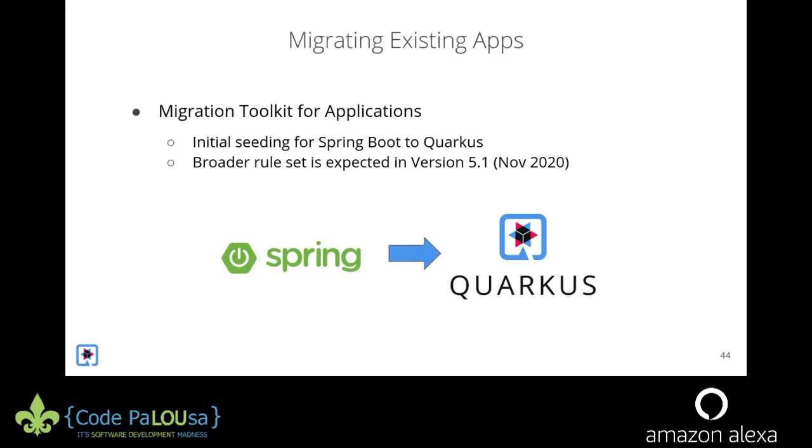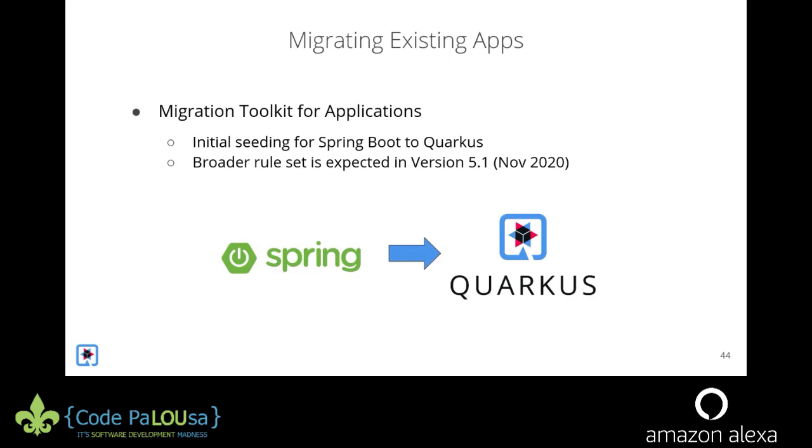So it comes with a really nice report that helps you. It doesn't do the migration for you. It's a tool to help you identify what things you need to change to be able to migrate your application over to a Quarkus environment. Maybe it's libraries or extensions, whatever the case may be, it'll identify those.